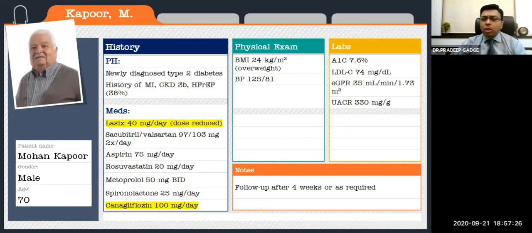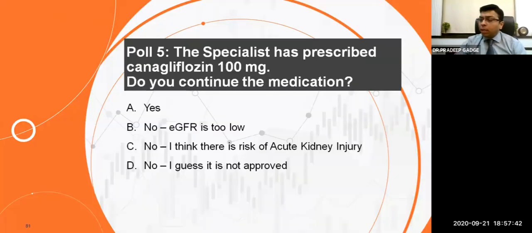Now let's come back to our patient again. So this gentleman was started again on top of it on canagliflozin because of the CKD issue, the most established and validated drug at that time. And now there are certain questions which will come to your mind because I have given him canagliflozin. So do you continue the medicine? See, I remember when I used to prescribe canagliflozin to my CKD patients earlier, the nephrologist used to not like that and used to try and stop the medicine. But now we have evidence for that.